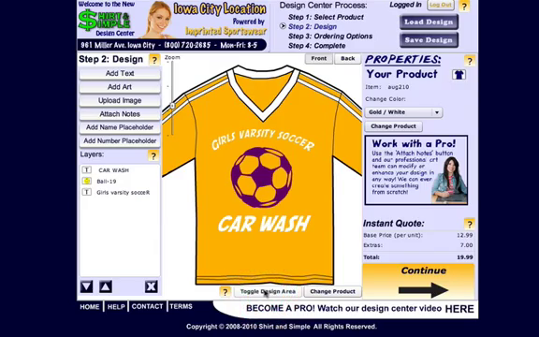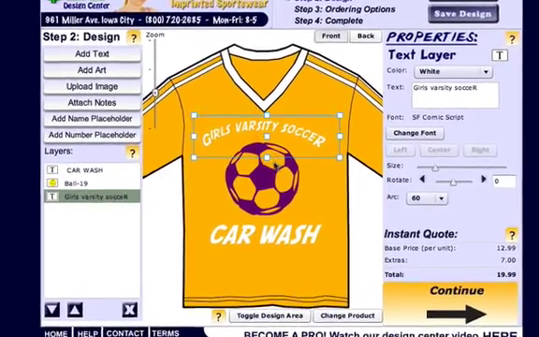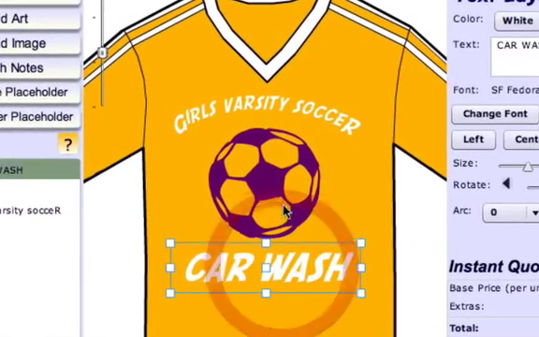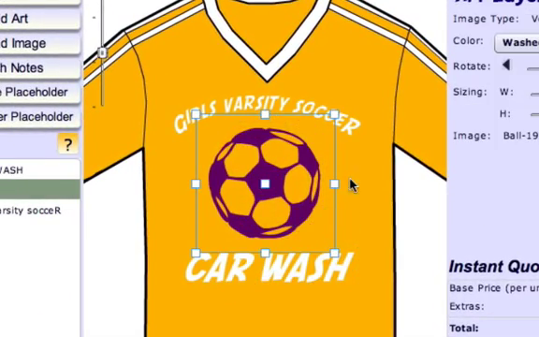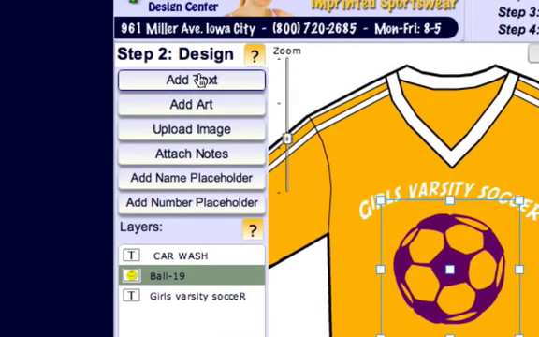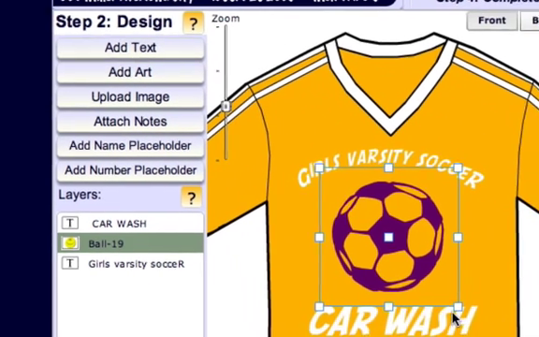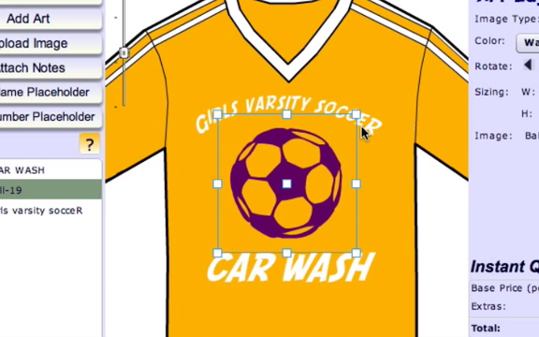Inside of the design canvas, we can click on the different layers to select them, and you'll notice that when you click on these, a blue boundary box appears around the layer, and this is good for text, added art, uploaded images, added customized name placeholders, and customized number placeholders. And if you move your mouse by these handles on the corners and sides of each of these components